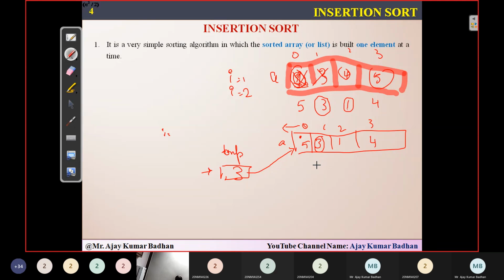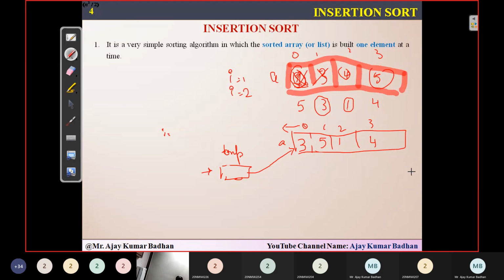So automatically the system will try to replace the element present in location 1. It will remove 5 from here and simply place 5 in this particular location. After that, the algorithm will check whether there are any other elements present to compare. Since there is only one element there, we have compared it. Then finally, this 3 will be placed here, and the temporary variable becomes empty.